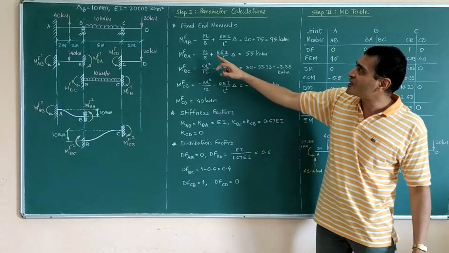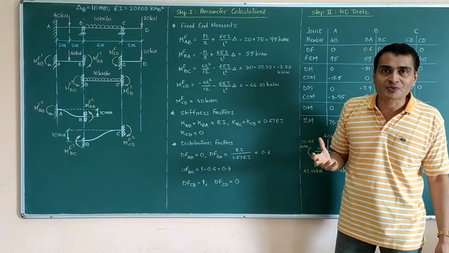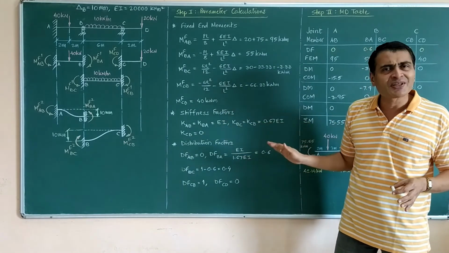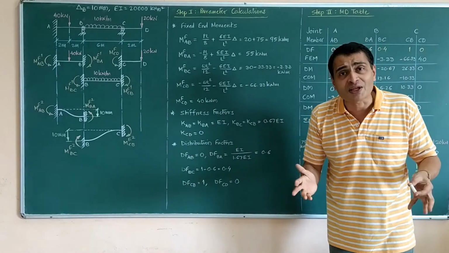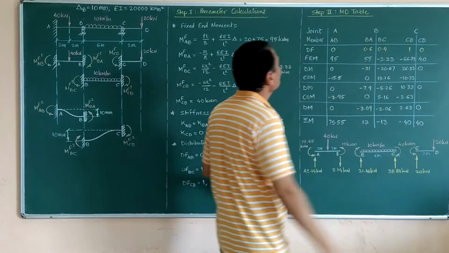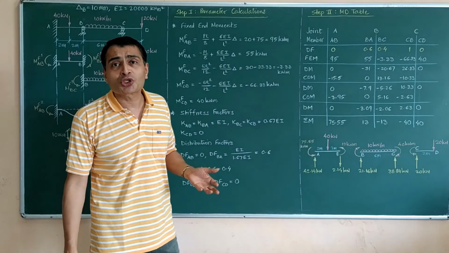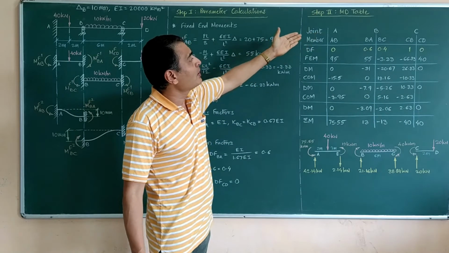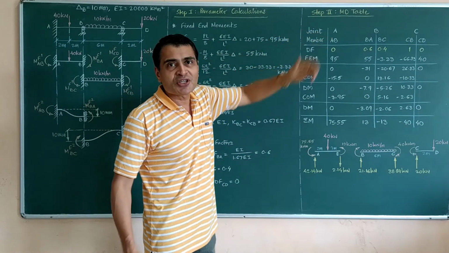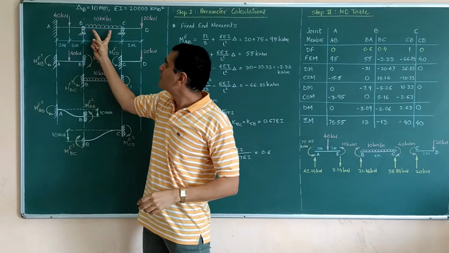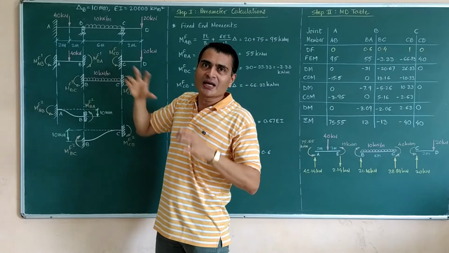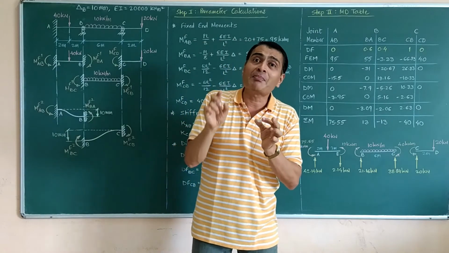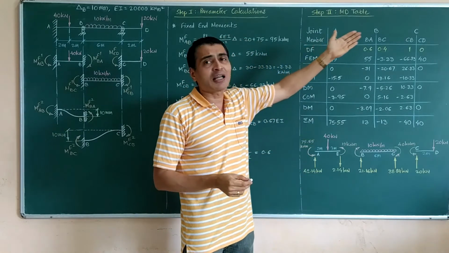So you observe that except for our fixed end moment calculations, where the sinking of support effect has also been included, the rest of the things are completely repetitive, completely same. And now we go to step 2, that is the moment distribution table. So I start by writing joints A, B, C, members AB, BA, BC, CB, CD. Actually AB and BA member is the same, but since we are finding end moments, MAB and MBA are different. That's why we are writing it like this.